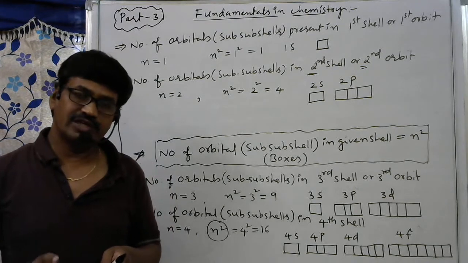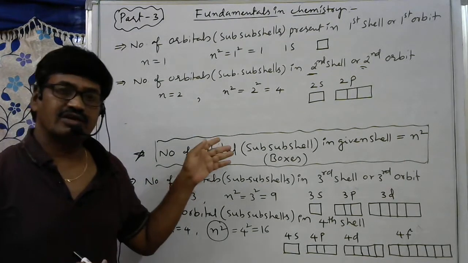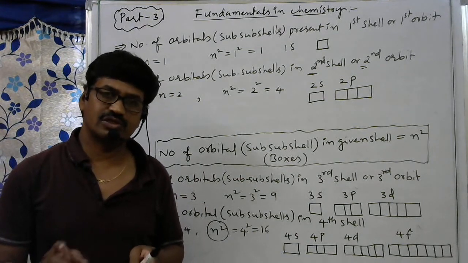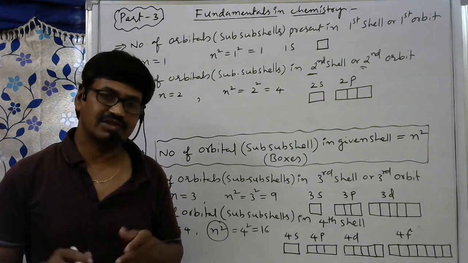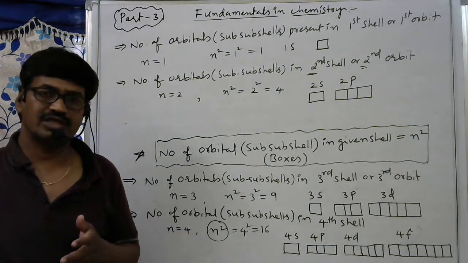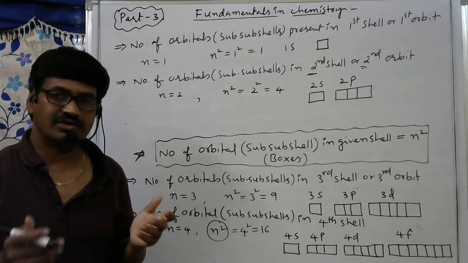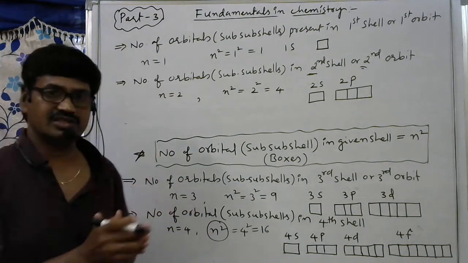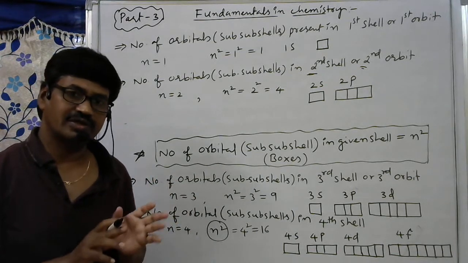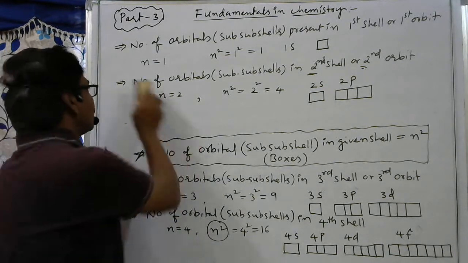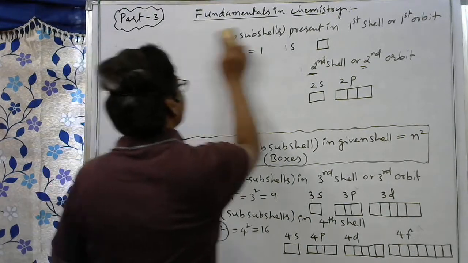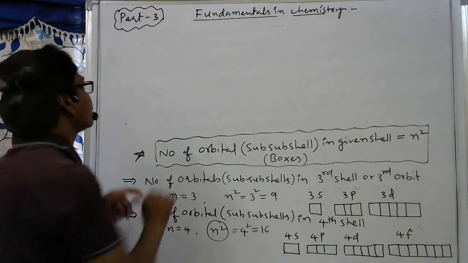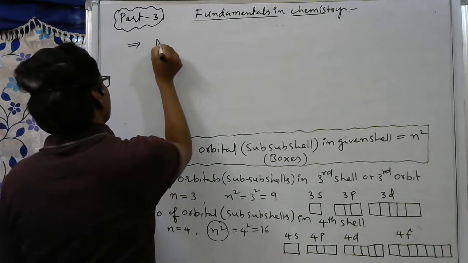Before writing electron configuration, we should know what an orbital is, because all electron configuration depends on orbitals only. 1s2, 2s2, 2p6, like that we have to write. First of all, you should know what is 1s, 2s, 2p, 3s, 3p, 3d, like that orbitals you should know. Because of that reason only, in the beginning I am giving all these with the formulas you have to remember. Then maximum number of electrons. One more formula here I am writing. Maximum number of electrons present in a given shell. This is also a formula.